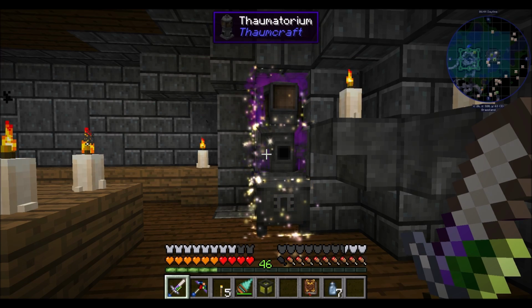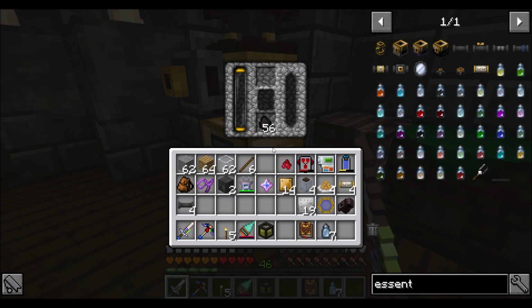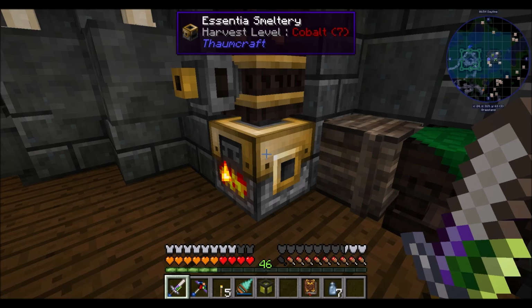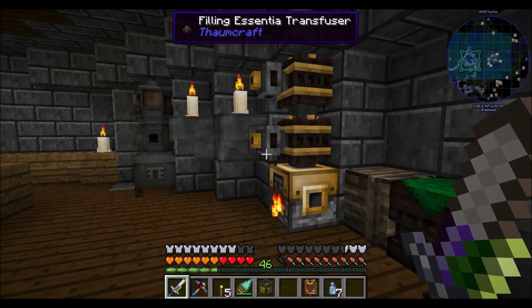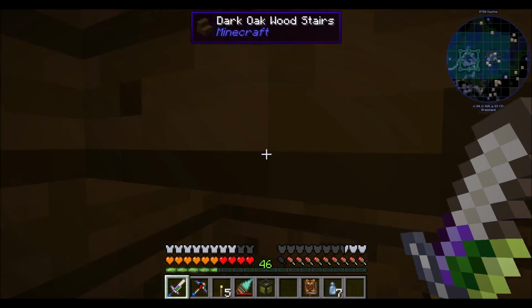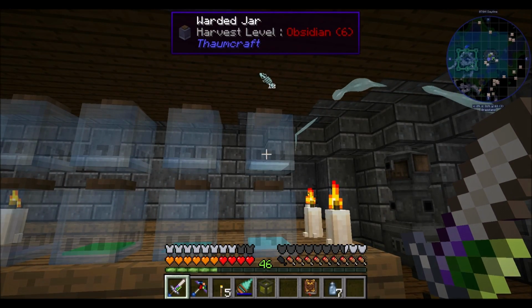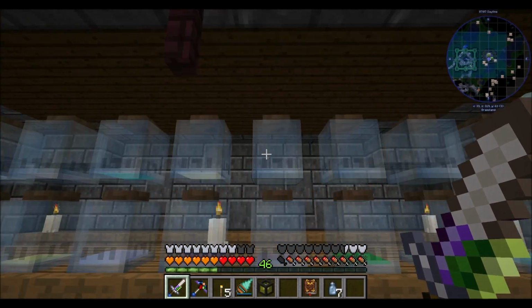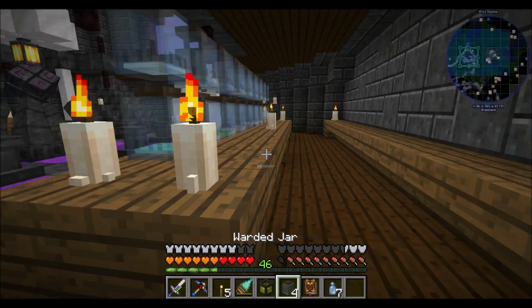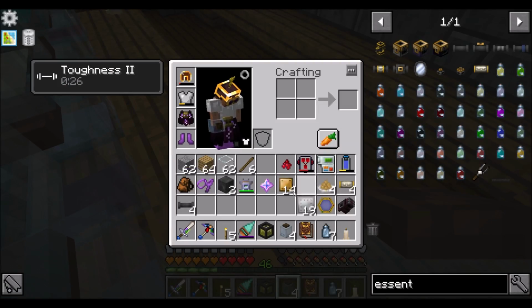Ta-da! Look at that. How cool is that? All right, let's cook up some coal. Right, and what that should do is rapidly fill the jars for Potentia and Ignis. Cool. So there's your Potentia jar. And what I think I'm going to wind up having to do is put the rest of my empty jars back here. So what I'm going to do is remove this, put it...